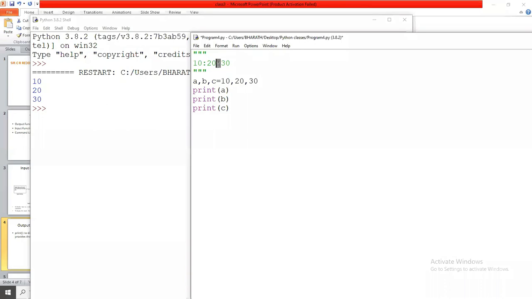So how can I print that? There is an attribute, and the attribute name is separator, sep.